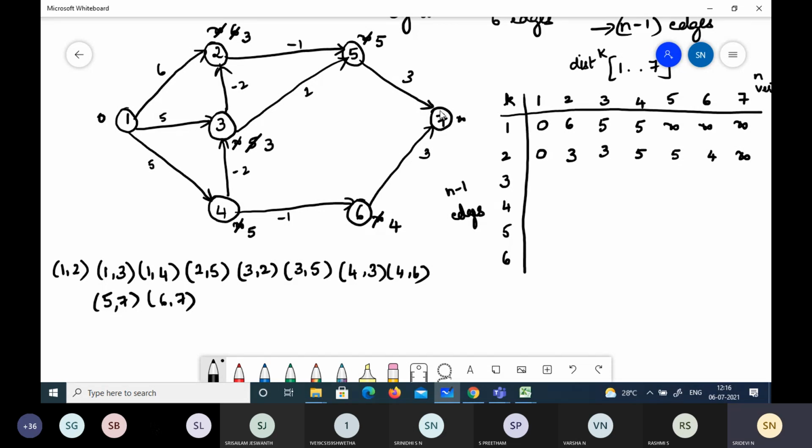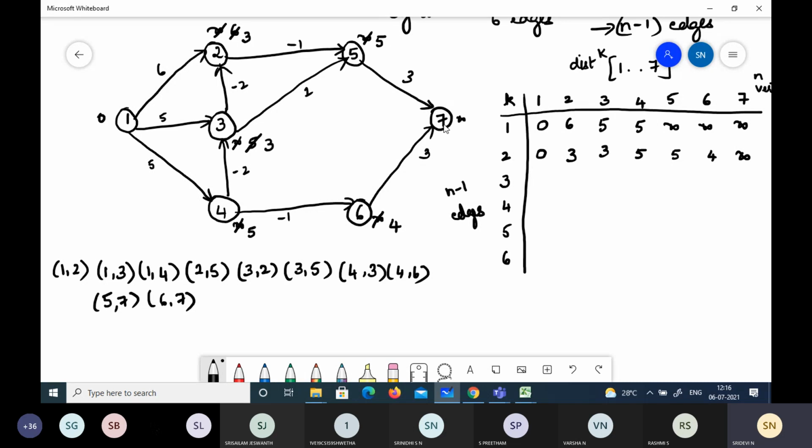Now why didn't we write for 7? That is because k is 2. We are placing only 2 edges and we are checking. So with 2 edges you will not be able to reach 7 here. Hence it will just print infinity over here. For all other nodes we will have some modifications being done. Next, let's consider the next iteration with 3 edges.